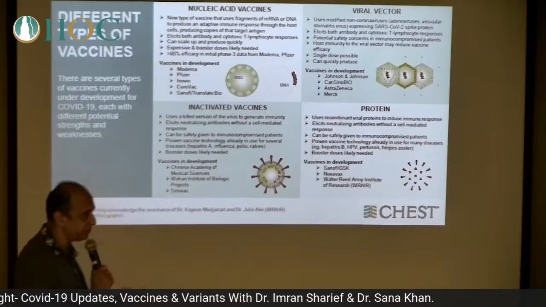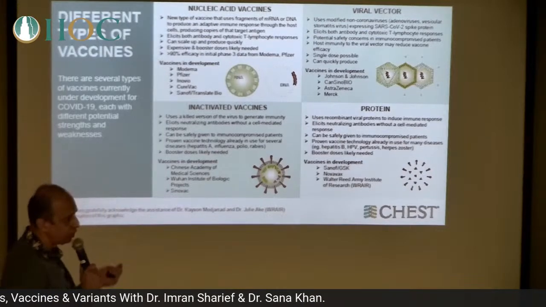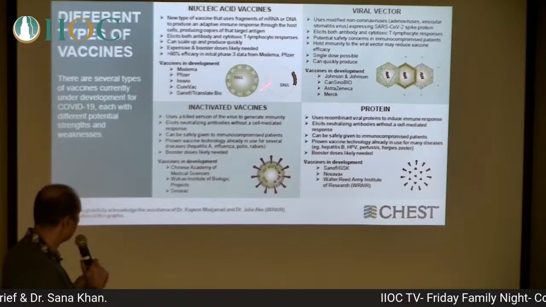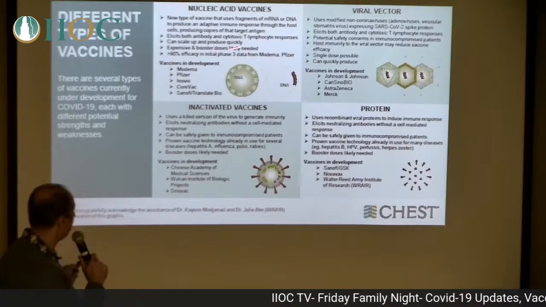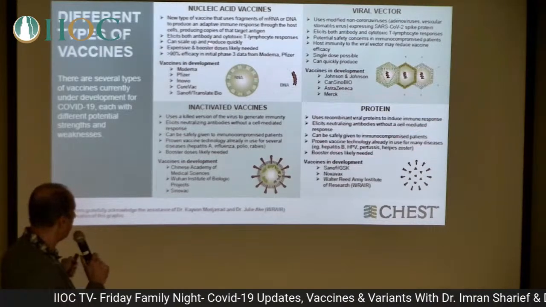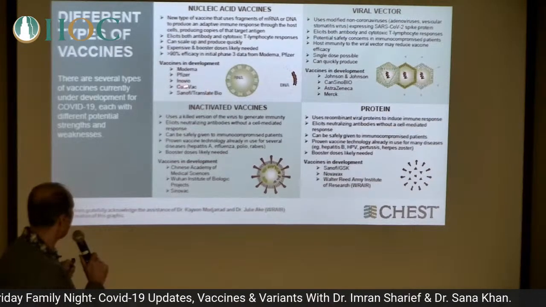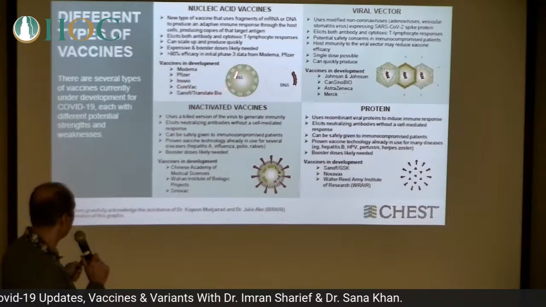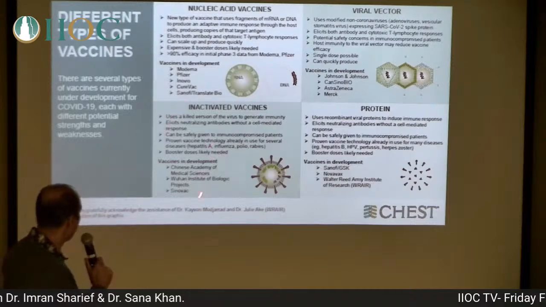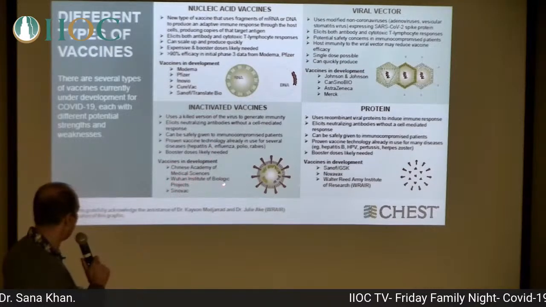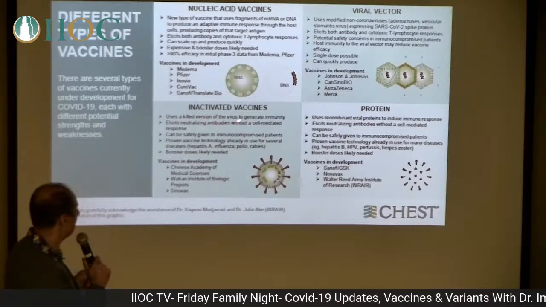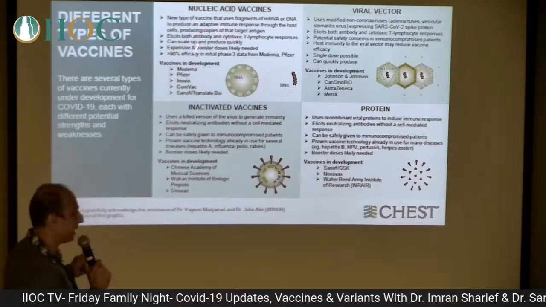And these are the different forms of vaccine which are available. You don't need to learn about them, just need to know that these are different methods by which these vaccines are prepared: nucleic acid vaccine, inactivated vaccine, viral vector vaccine, and protein vaccine. As you can see, Moderna, Pfizer, CureVac, Inovio, Sanofi, they were made through messenger RNA. They're manufactured in the lab. This Chinese vaccine, from Wuhan Institute and Sinovac, basically uses a killed version of the virus.